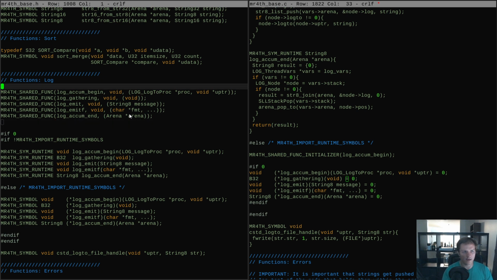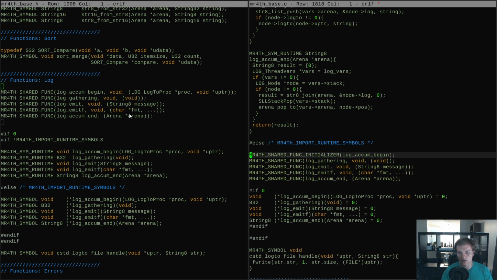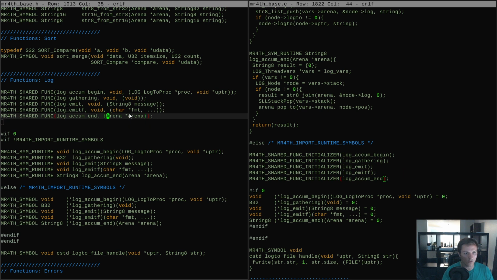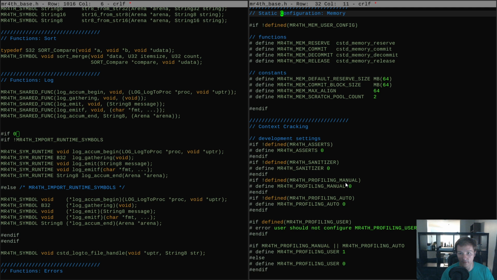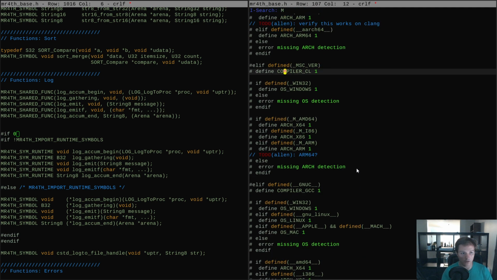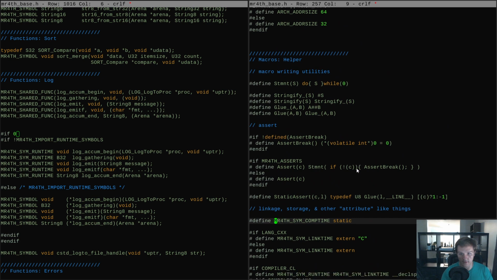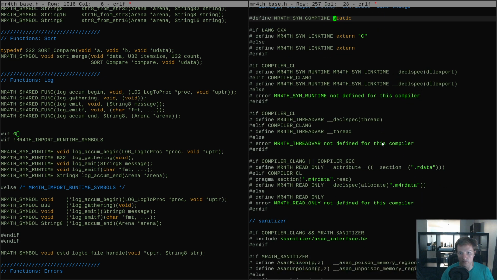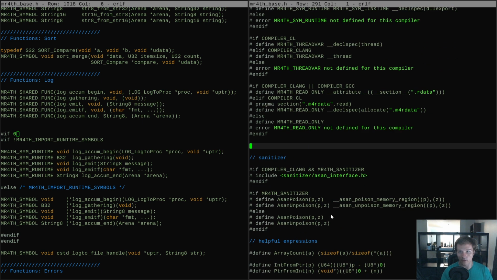Right? So it'd go like that, and then you'd go boom, initializer. Oops, missed the void on that last. Oh, it's not a void, it's a string 8. Important. Okay, so do something like that, and then we need to go and define those. So those are going to come up here and live. Let's see, they have to live after we've done Mr. Forth sim linkage storage, another attribute linkage. Okay, and then we're going to do